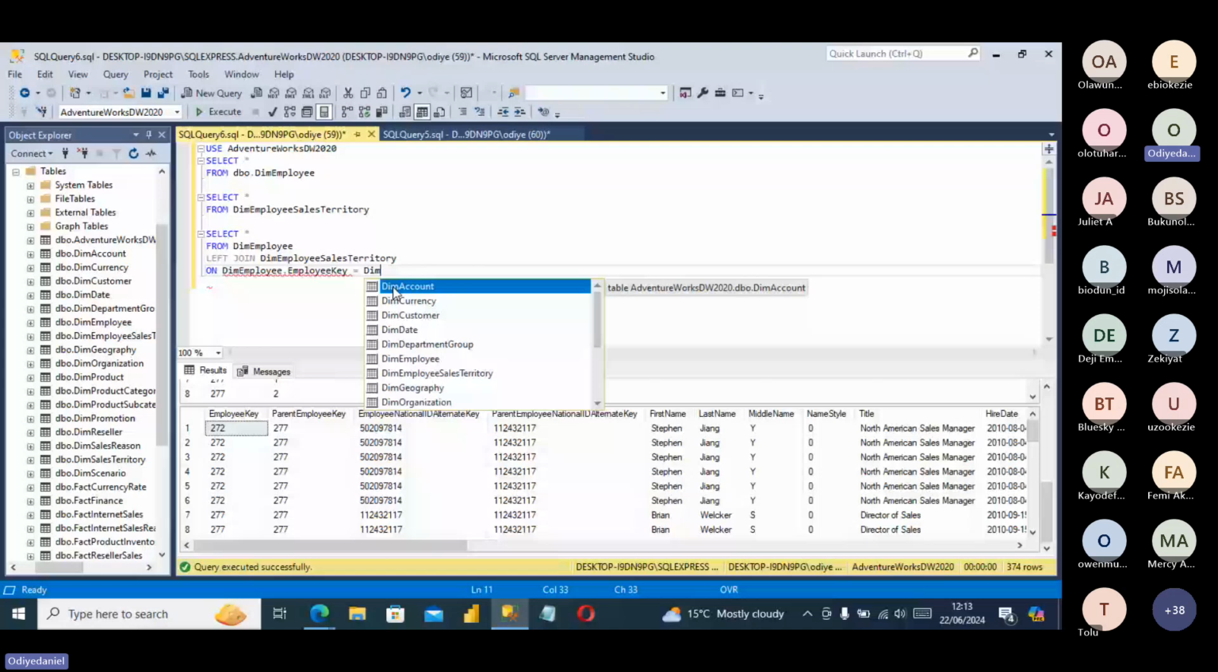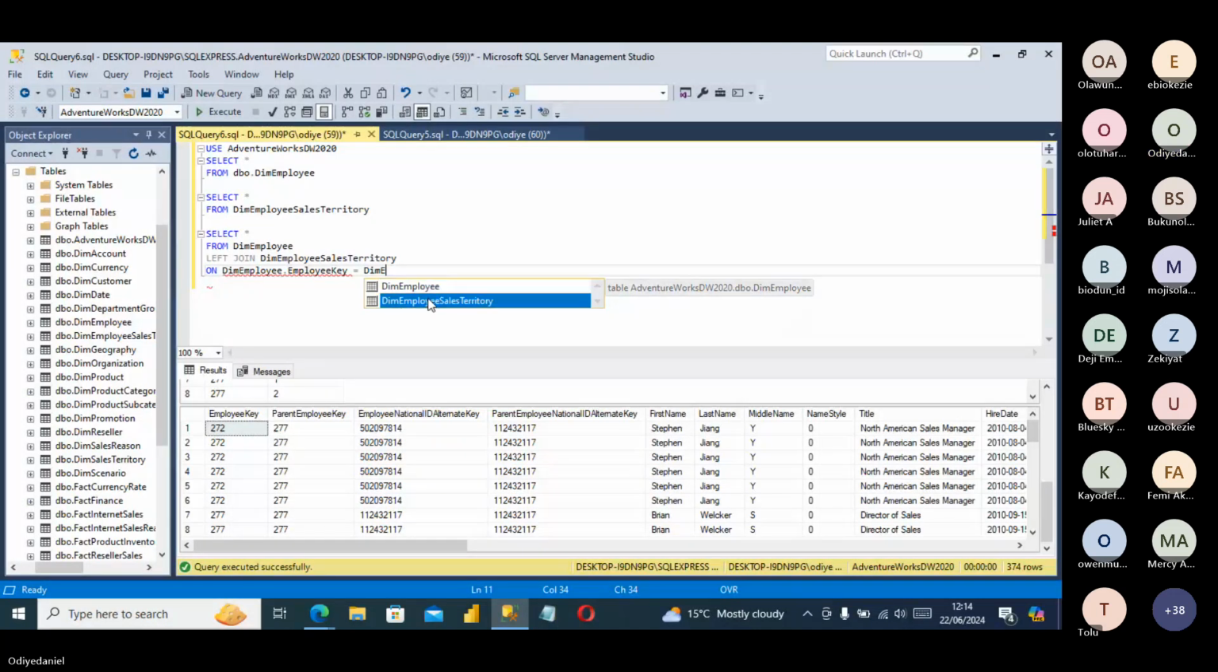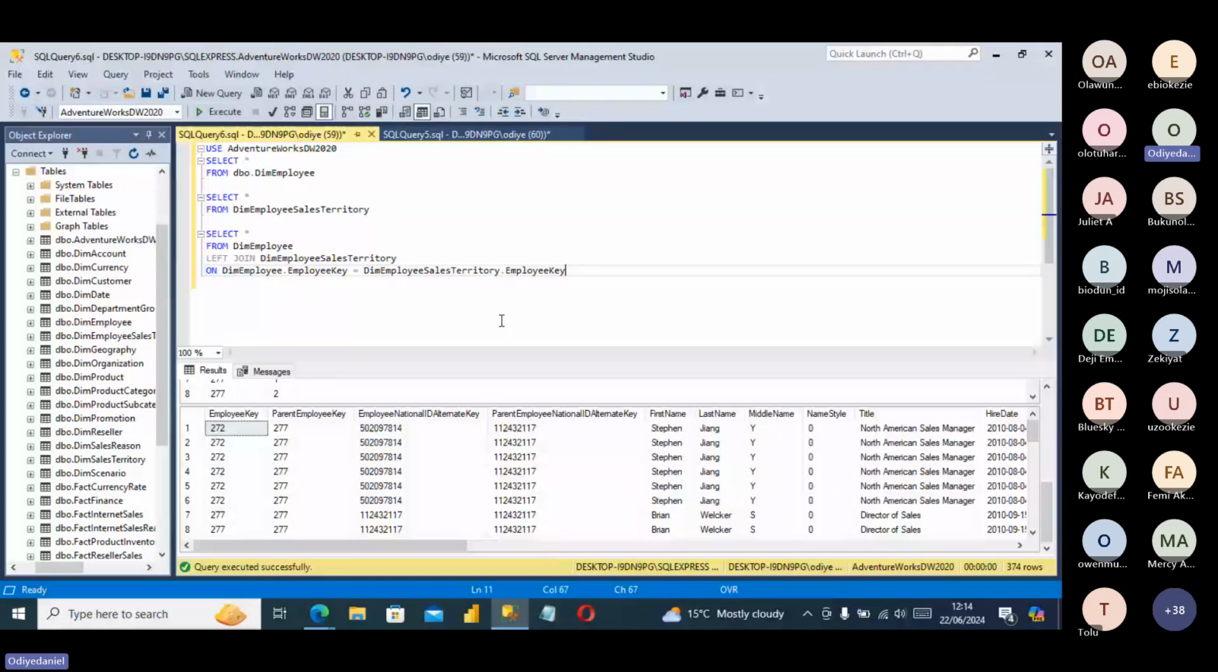Using employee key, so I'm going to add the employee key as well to this one. So like I said, for left join, what it does is that